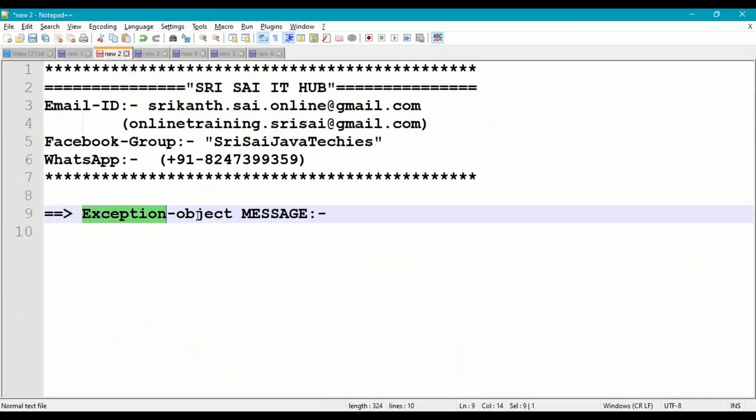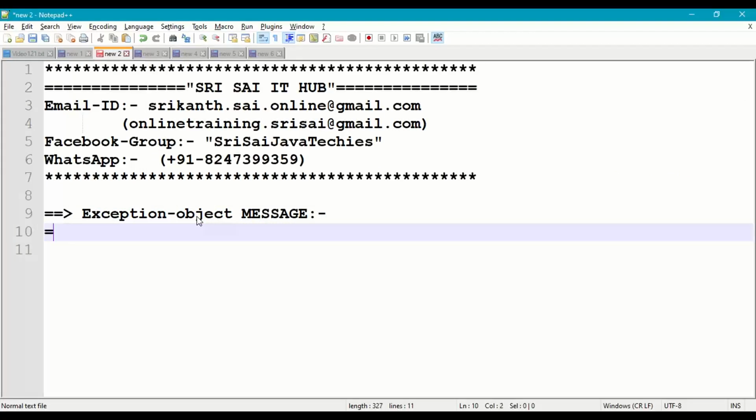Now coming to the exception object message. First of all, every exception in Java program is an object.